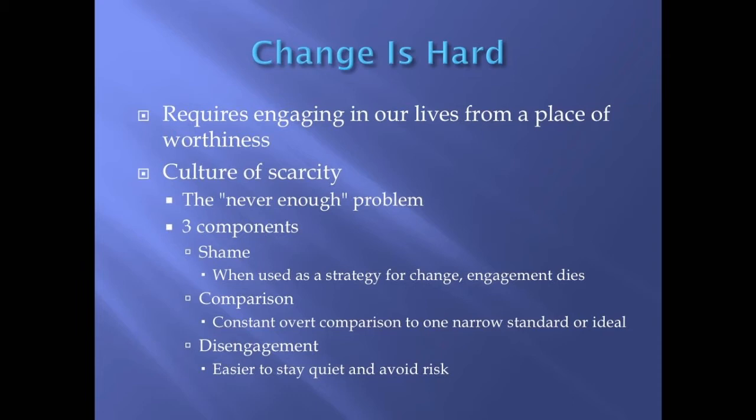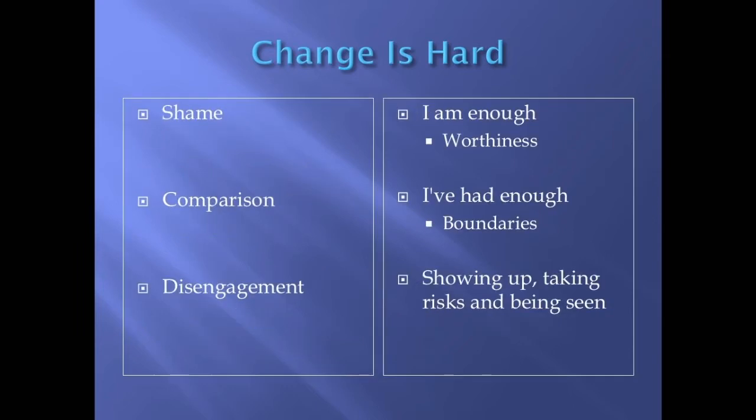So choosing to do something different is challenging in this climate and requires that we branch out. We try something different. It requires that we're willing to own our authenticity, to embrace our vulnerabilities, and engage in the world from a place of worthiness. If we start believing we're enough, it gives us permission to remove the mask and armor we've built around ourselves and embrace worthiness, boundaries, and engagement, which are the antidotes to the scarcity culture.